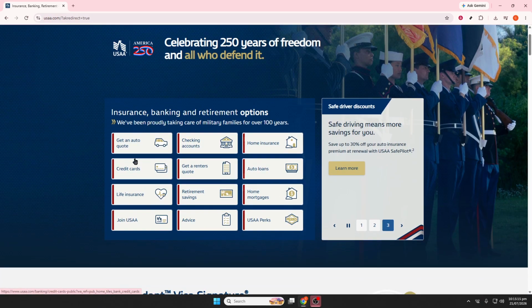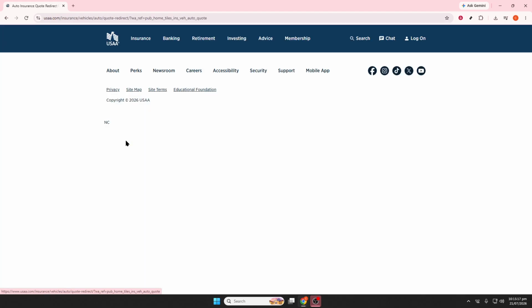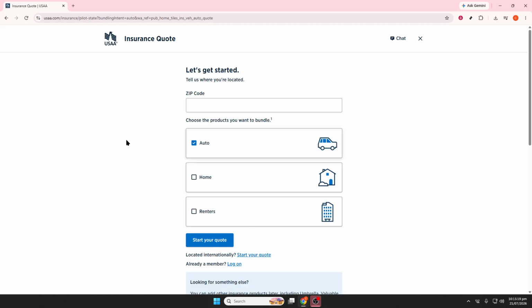before making changes. Once you're signed in, head to your dashboard and select your auto insurance policy. This is where you'll find the details of your current coverage, including the vehicles and drivers already listed on your plan. Take a moment to confirm that you've opened the right policy, especially if you have more than one insurance